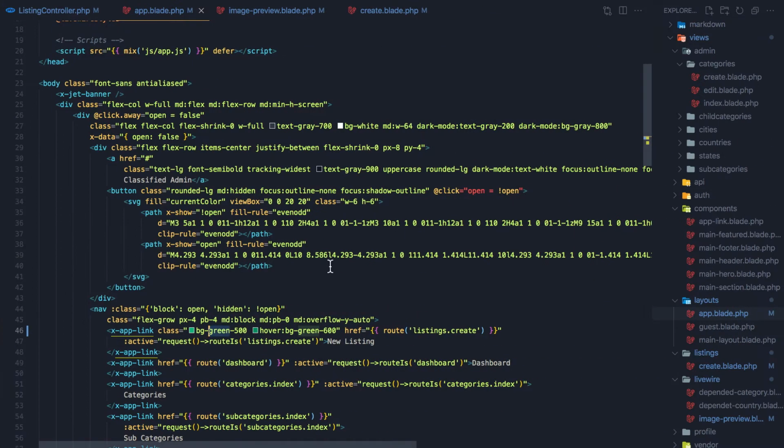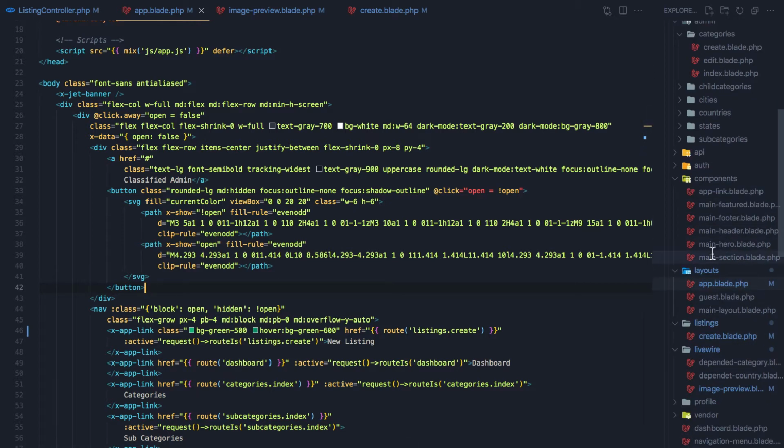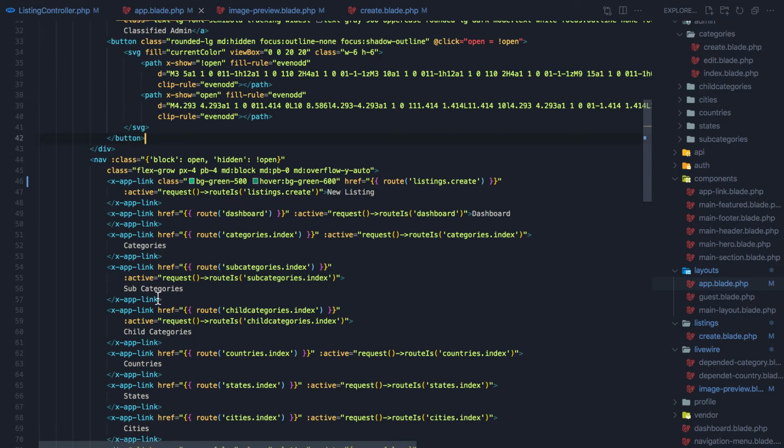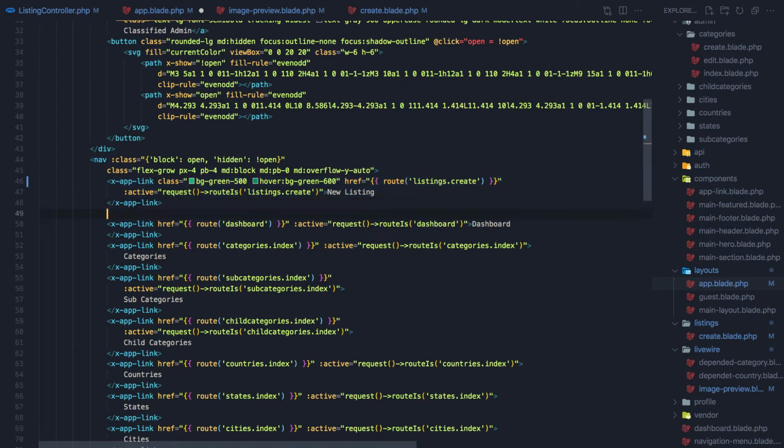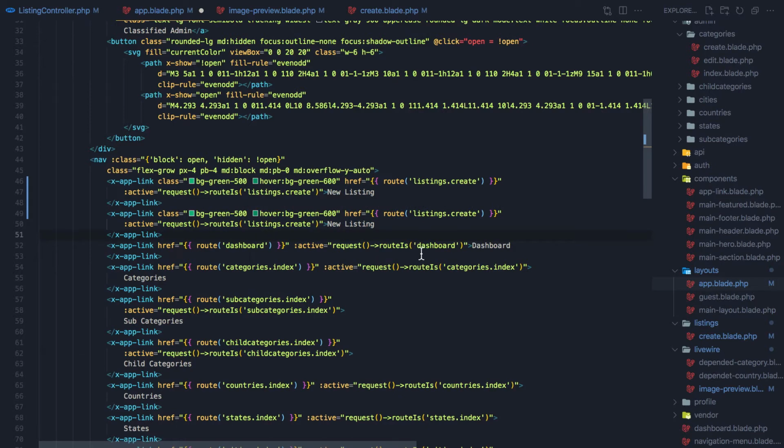Okay, in VS Code here I am in the app.blade.php in the layouts, and we have a new listing here. I'm going to copy this one and add it here and say my listings,